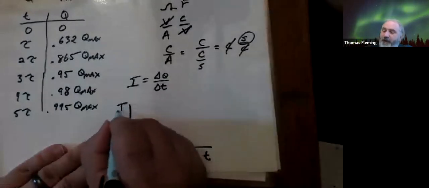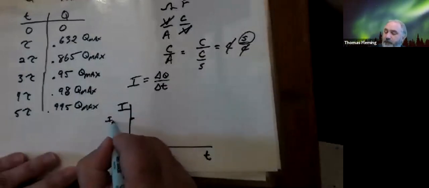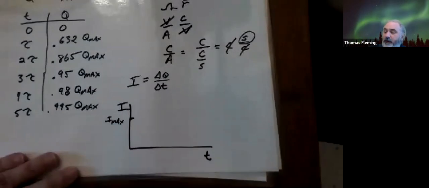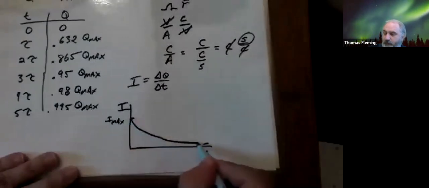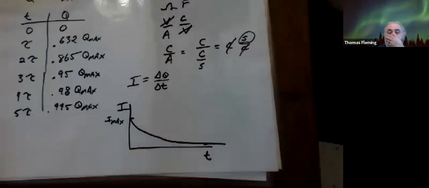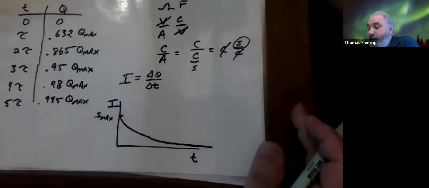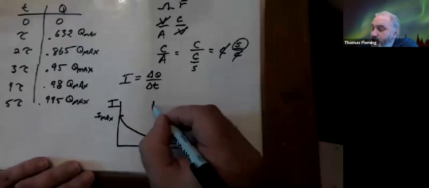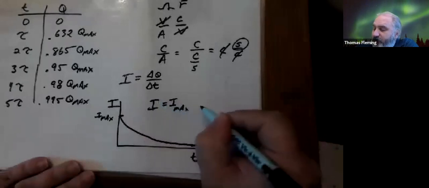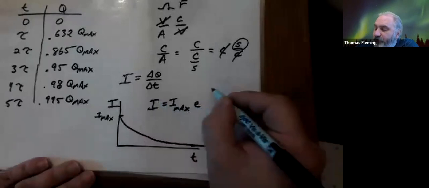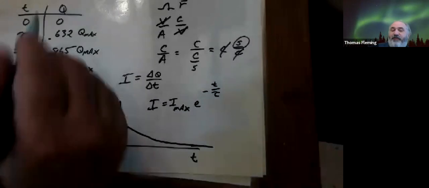So if I'm drawing out my current graph, I'm going to start off at whatever I max is, and I've got to level off towards zero. It's going to end up looking like that. And of course, I know how to draw an equation that will look like that. It's going to equal I max, and I'm going to have the same sort of exponential decay, but I'm not going to have this